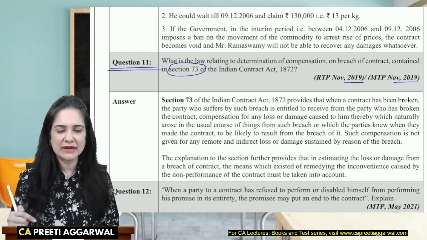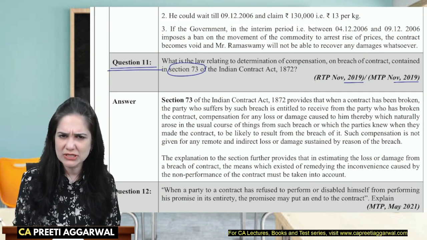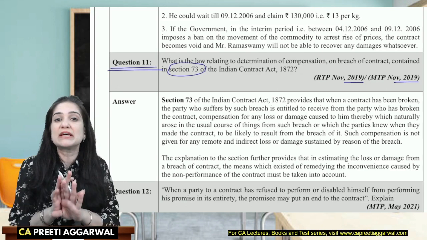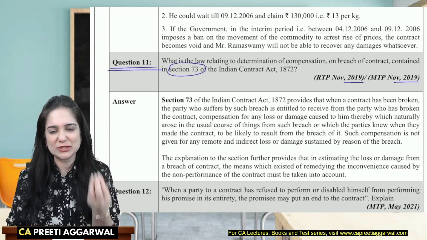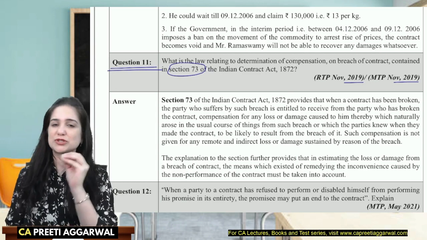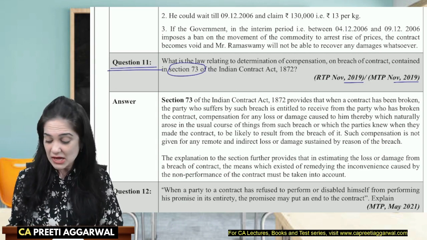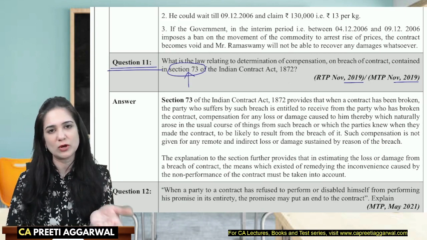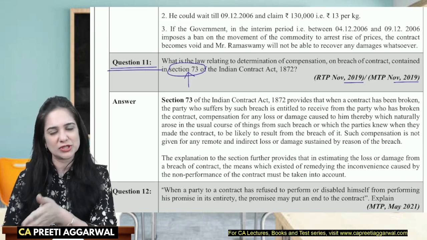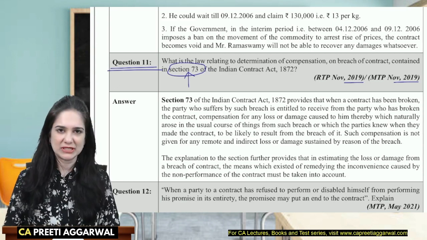So through the compiler, at least you will go through all the exam questions, and even if you have not studied even a single section number, you will be able to at least remember section 73 because you have studied this particular section in the compiler. Yes. Now what is mentioned in section 73? I have not discussed it in my revision sessions because I had identified the question and I thought we'll discuss it in the question itself.